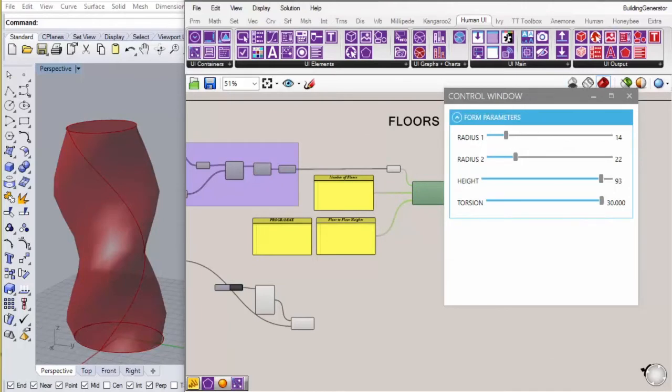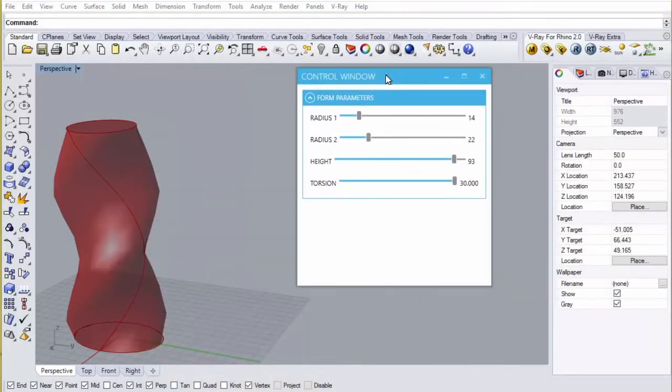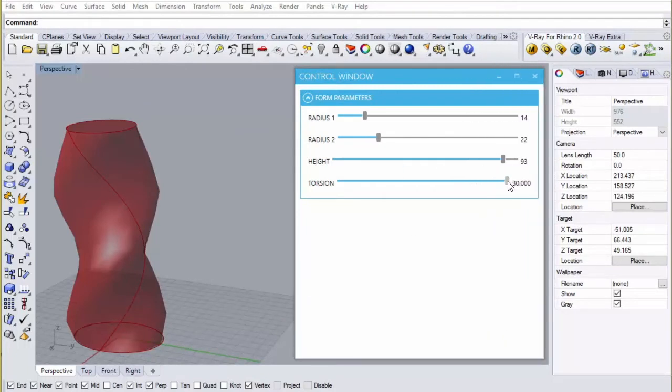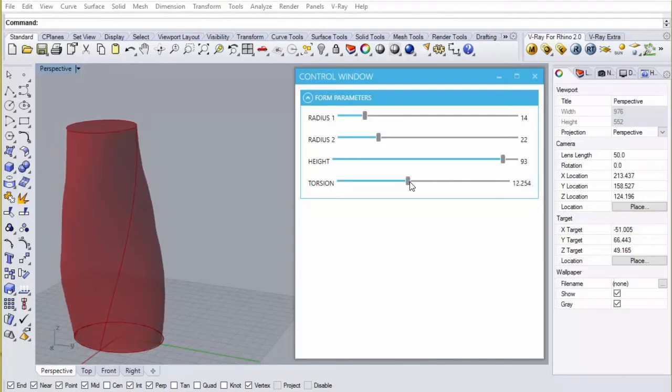Now, you don't even need to have Grasshopper open in order to modify your script. And this is already becoming much friendlier for any sort of presentation.